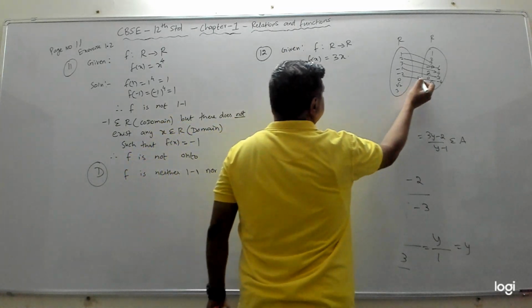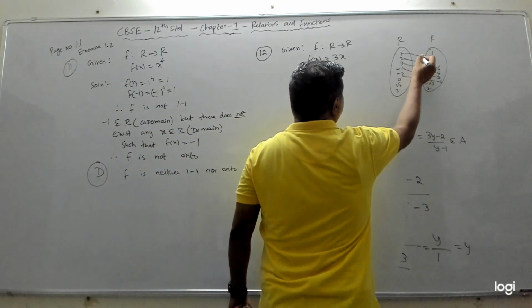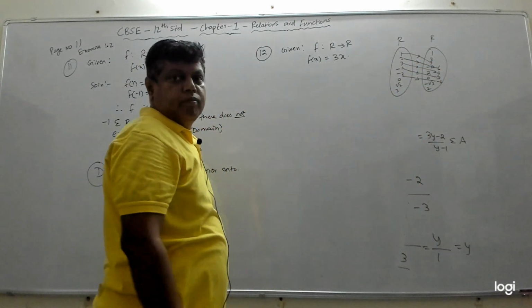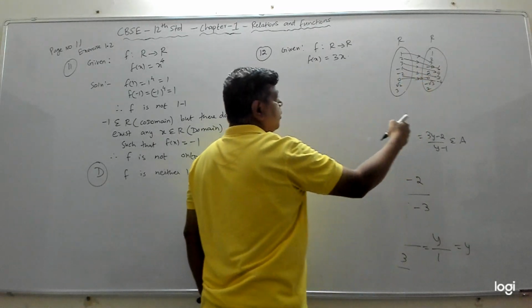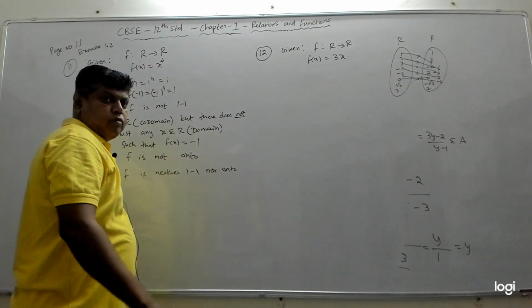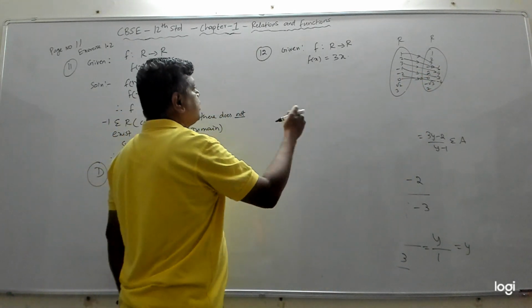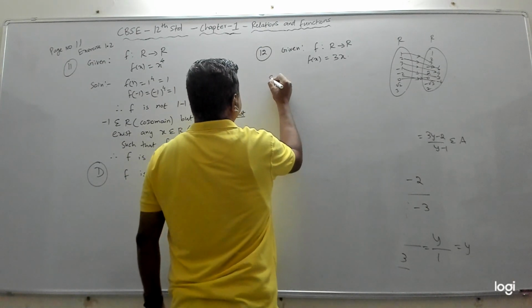So all these look like it is 1 to 1. 0 goes to 0. So no two elements have the same image. It looks like it is 1 to 1, so we'll try to check or prove it is 1 to 1. The solution is,